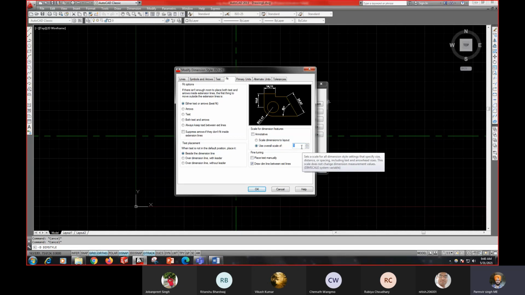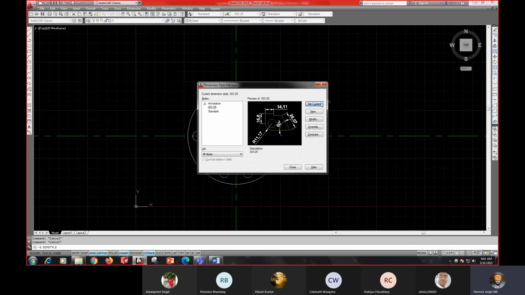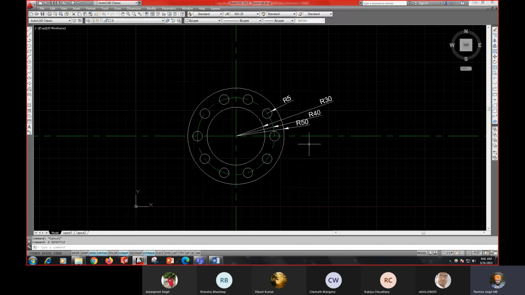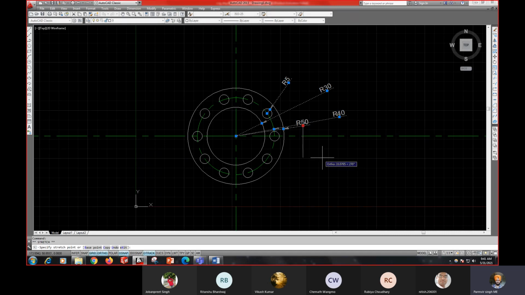So increase the use overall scale by 2, then press OK, then OK, then set current, then close it. Now you can see here dimension is bigger in size now. Now you can save this